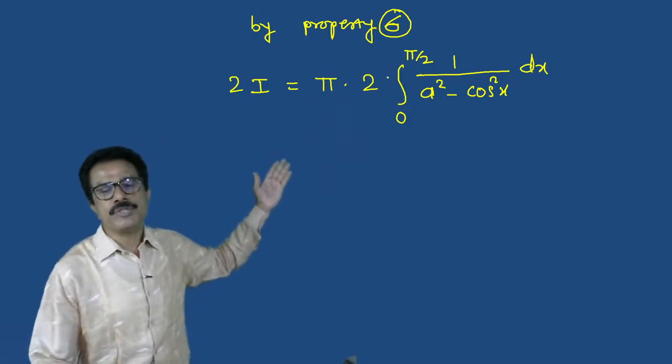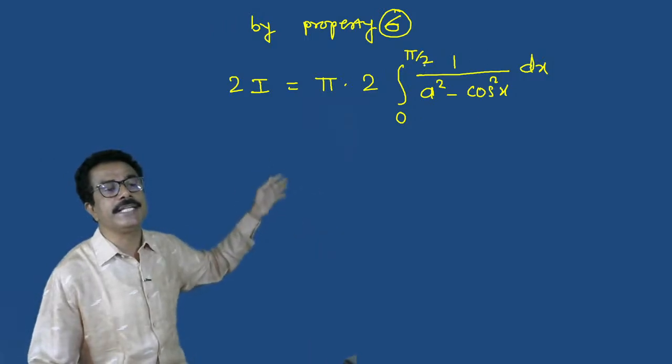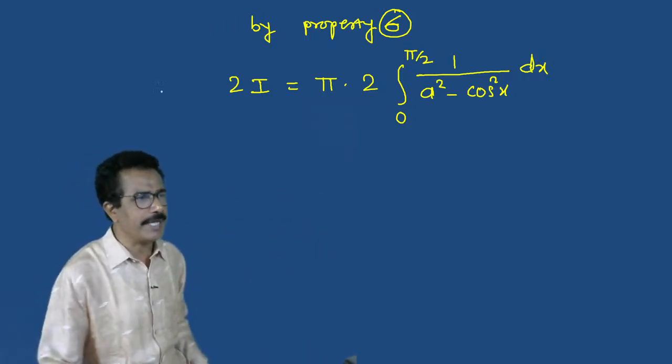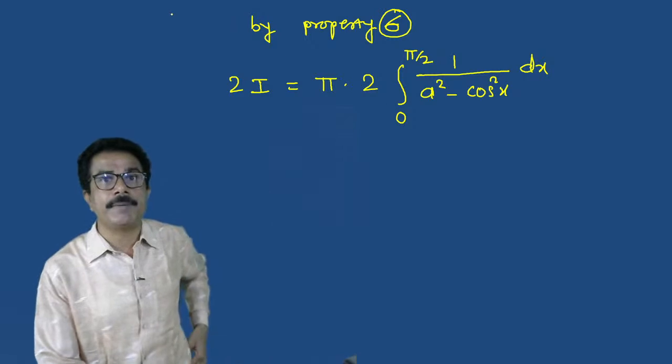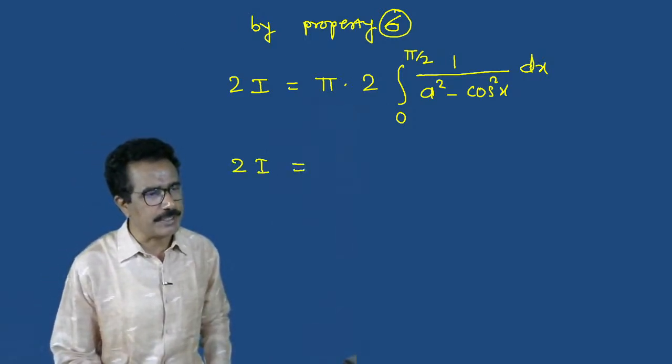Okay, that means we have to change the upper limit into the half and take the integration of 2 times. Okay, right? We used property number 6. So 2I is equal to